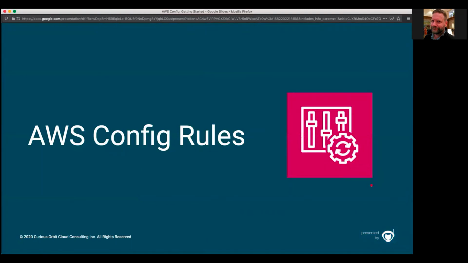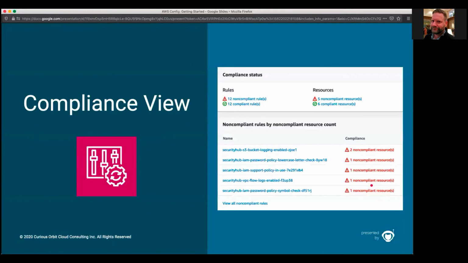I mentioned config rules a couple times, so let's talk about these again. A config rule is, as I mentioned earlier on, the desired state. I want our environment, let's say EBS volumes within our environment, to always be encrypted. You can use a config rule to ensure that that happens. Okay? And as soon as you have AWS Config up and running and you've enabled at least a single config